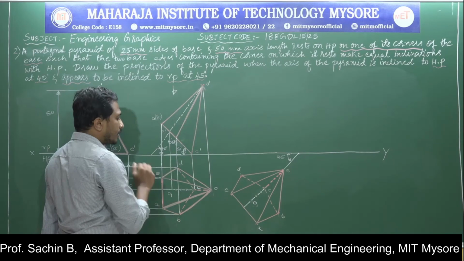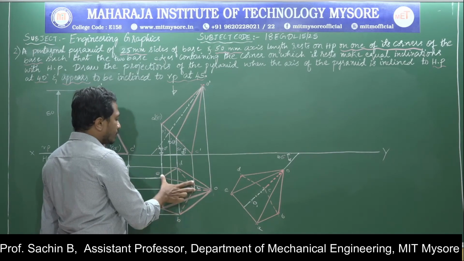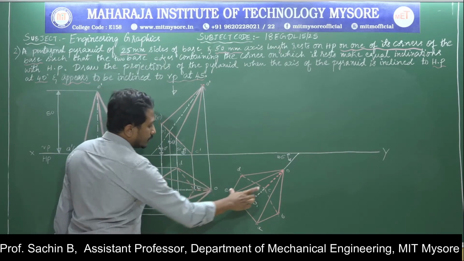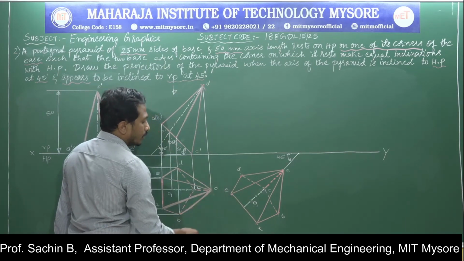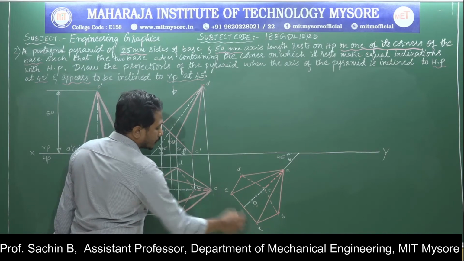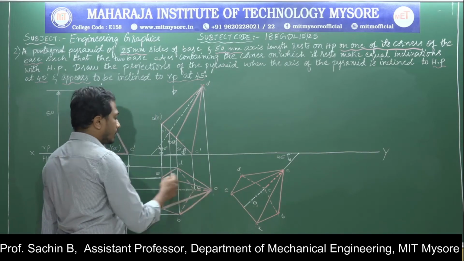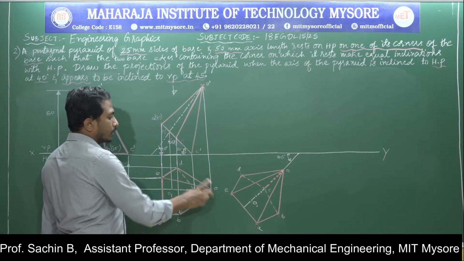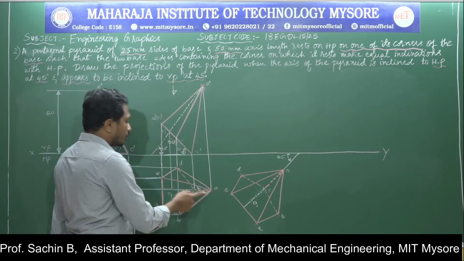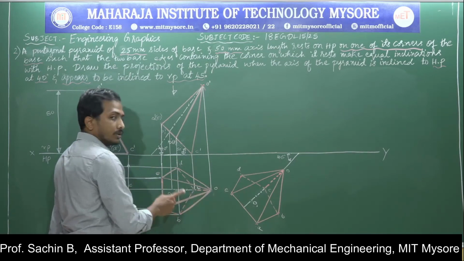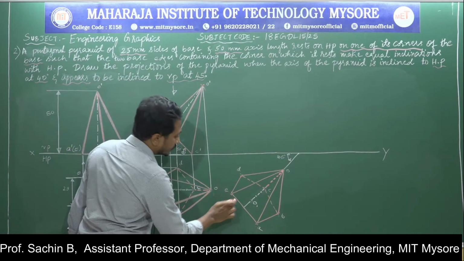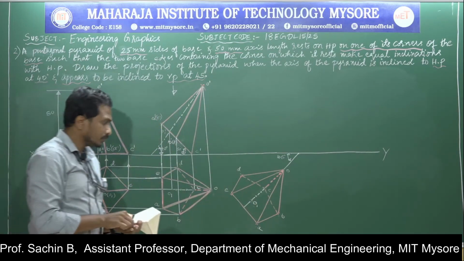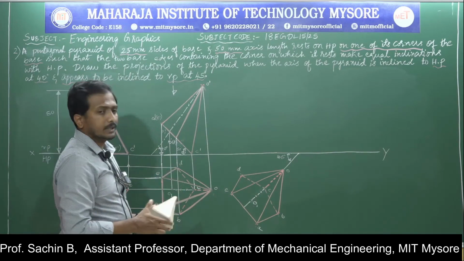To get E point and A point, again I will measure from C to E or from E to C. The length remains the same. From C I am drawing one arc towards the top and one arc to the downward direction. Again to get the intersection, I am measuring from O to E and from A to O. Whether O to E is enough or from O to A is enough, because the dimension remains the same. I am intersecting these arcs. Next, the remaining part I am just joining the corners and the edges.